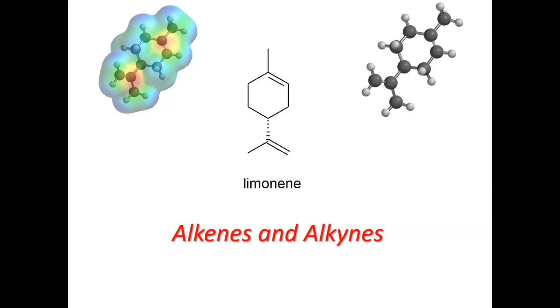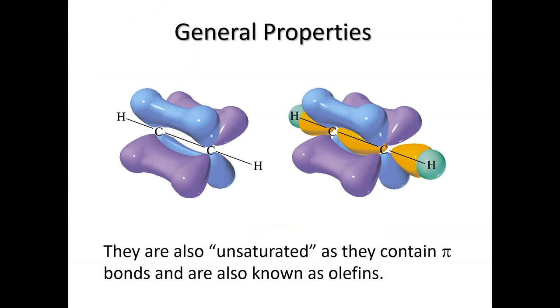In this section, I'm going to talk to you about alkenes and alkynes. And this is just now looking at the number of double or triple bonds that we find in different types of organic compounds. Alkenes and alkynes are called unsaturated carbon compounds, and that's because they are not saturated with hydrogen